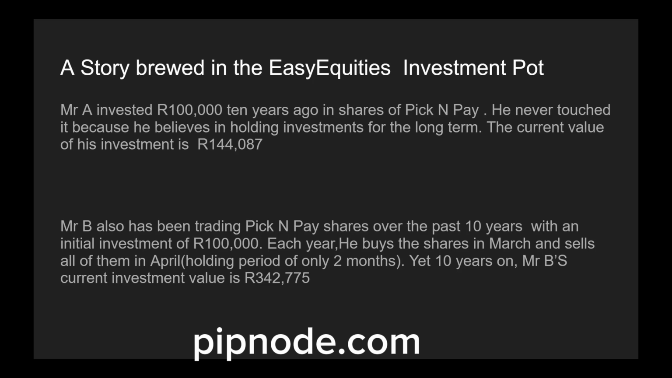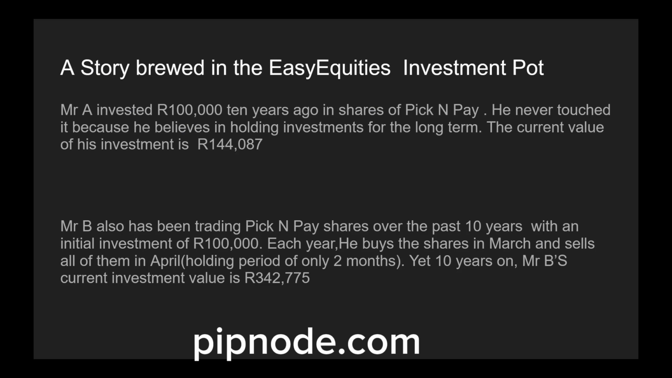144,087 rand, right? Then comes Mr. B. Mr. B also started with the same amount, which is 100,000 rand. He also bought Pick n Pay shares the same time Mr. A bought his. That's 10 years ago. But what Mr. B does differently is that each year he buys the shares in March and then sells all of them in April. He holds the cash, waits until the next year, and then repeats the process all over again. So, in essence, he's just investing in Pick n Pay shares for 2 months, and specifically in March and in